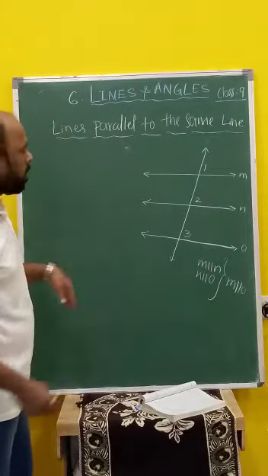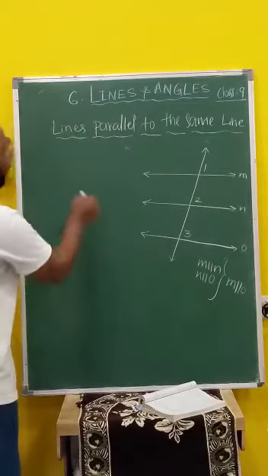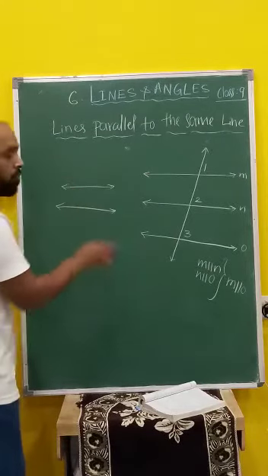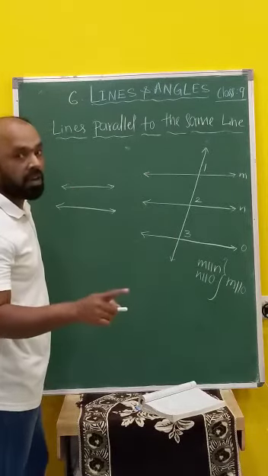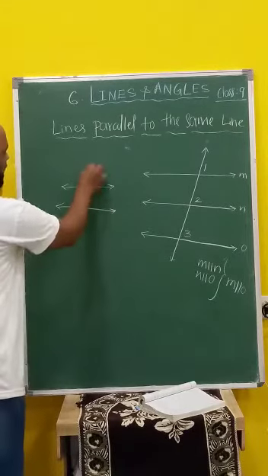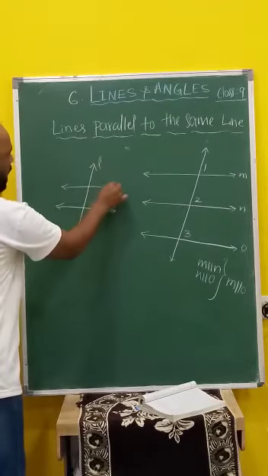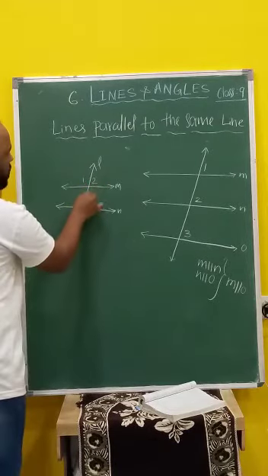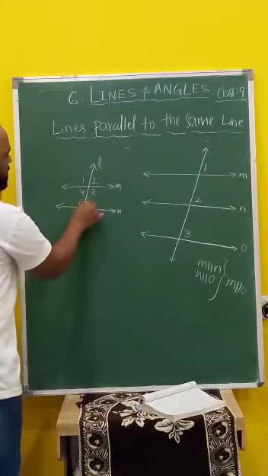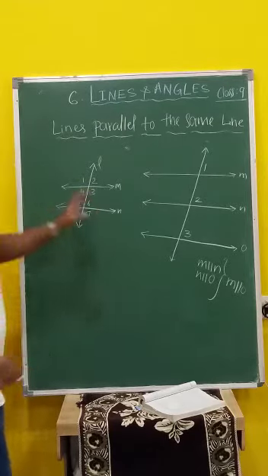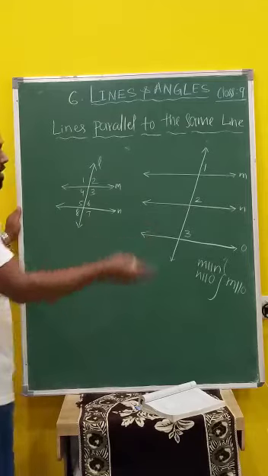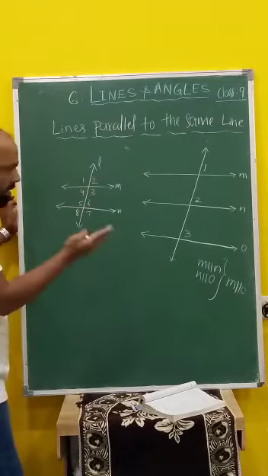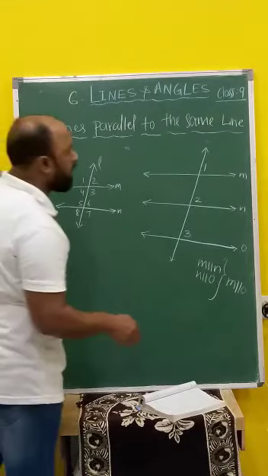We know that if two lines are parallel, just now we did pairs of corresponding angles. Clear, children? With L, what is here? Just now we did it: 1, 2, 3, 4, 5, 6, 7, 8. In this, the corresponding angles are equal. In the same way, 2, 6 are equal. Corresponding angles are equal.